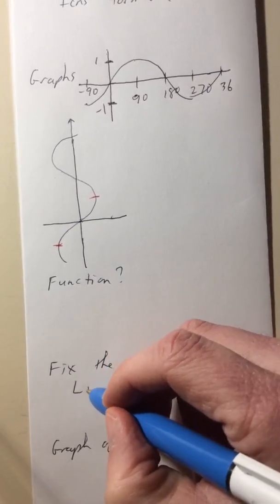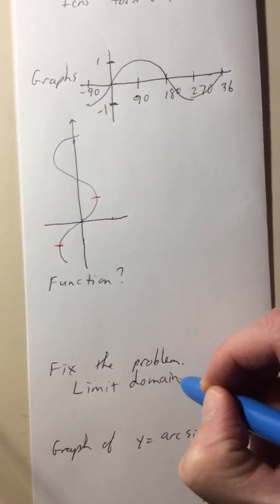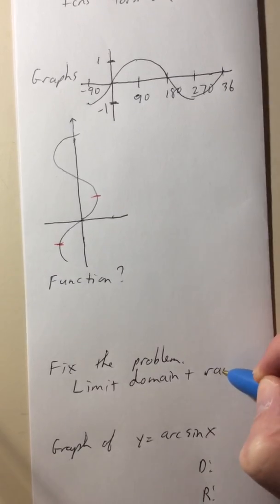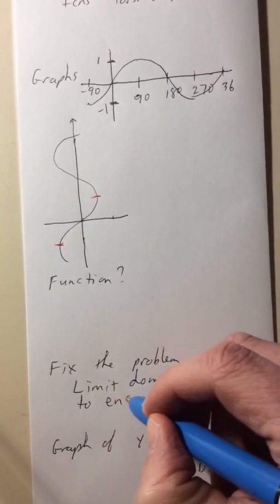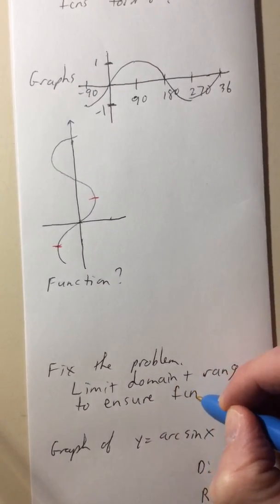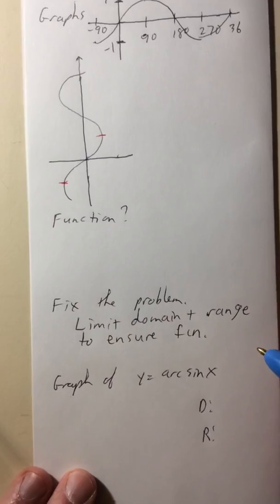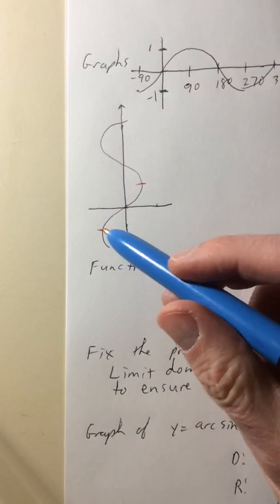So we limit domain and range to ensure a function, because we want to make sure that we're working with a function here. Okay, so let's take a look at what this is right here. And again,